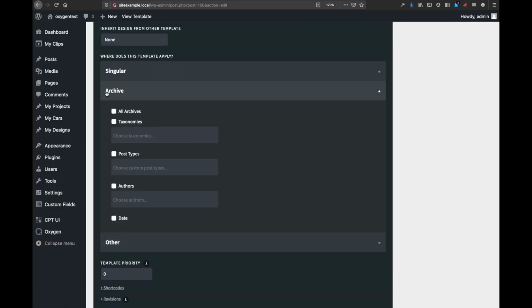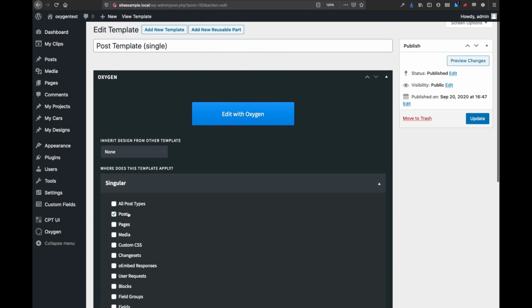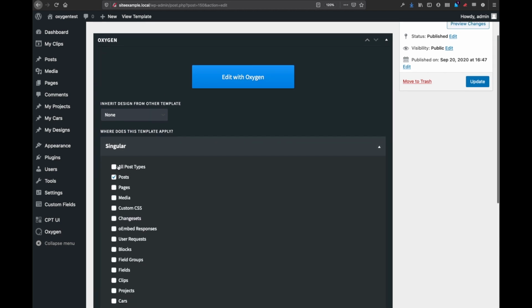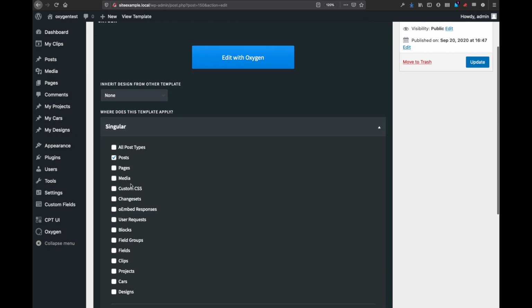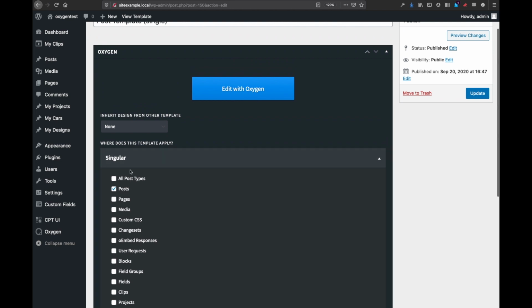So this doesn't apply to an archive, but singular, and singular would be all post types. And here we just say this applies to posts. It doesn't apply to pages or media. And you can see these are all different types of post types, including some custom post types. But for posts,